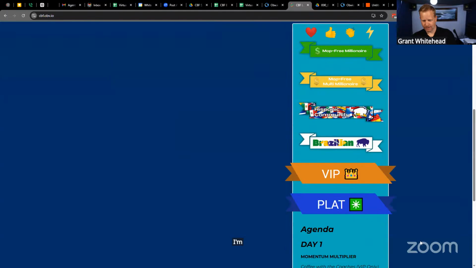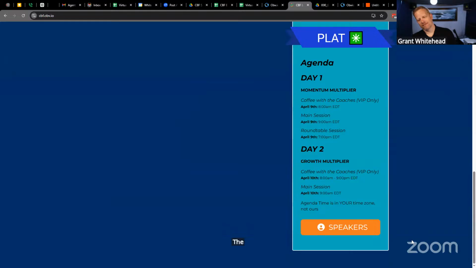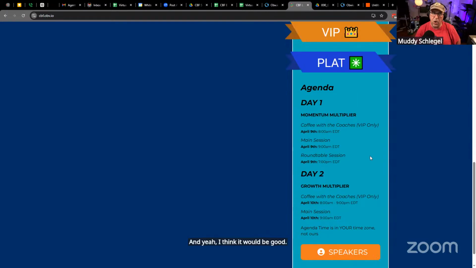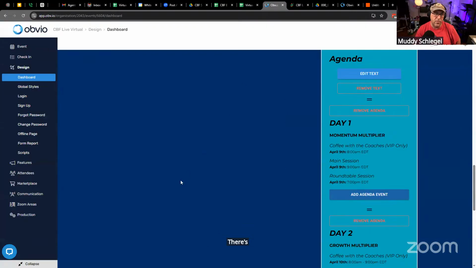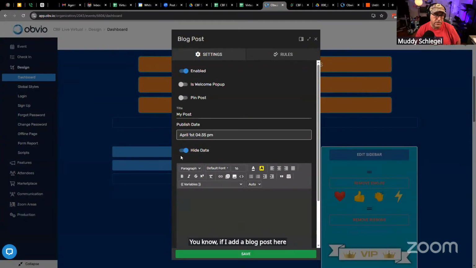I'm making some notes of that as well, because we actually had the exact same thing last week. We were talking exactly about being able to have a line there that doesn't have a date and time. And I think it would be good, maybe a little bit like posts. There's a slider at the top that says show date. If I add a blog post here, there's a slider that says hide date, right? If I just had a similar slider like that said hide date,